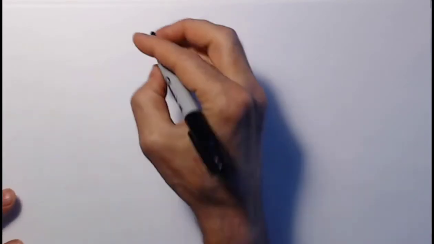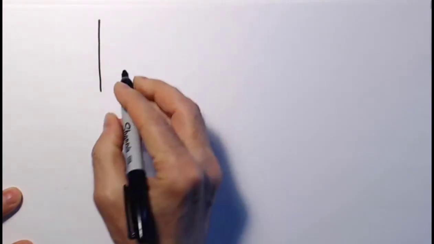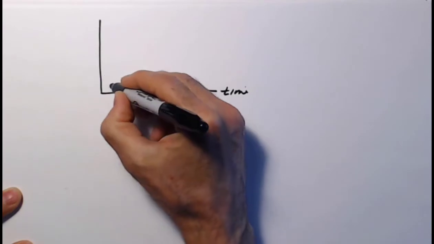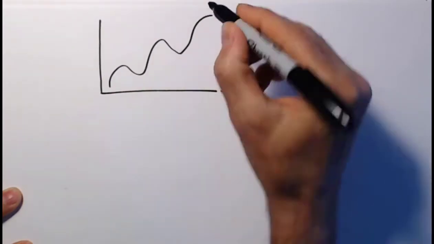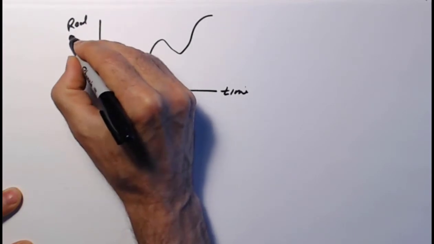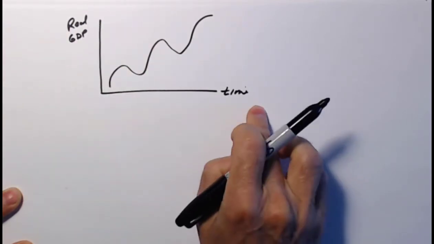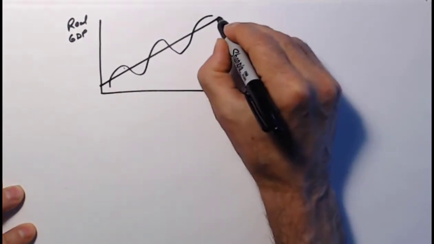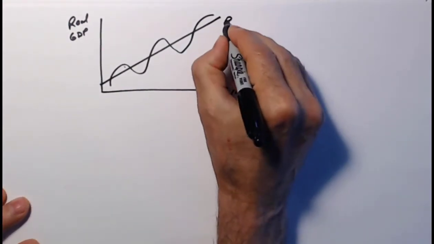Okay, so let's look at the big picture. It's important to get a look at this big picture because it'll help us transition into this chapter of aggregate supply and aggregate demand. And let me show you how we can transition. So over time we have GDP, real GDP, and it wiggles as it grows. So let's be specific here: real GDP, and this is time, and we have booms and busts, and we have this potential